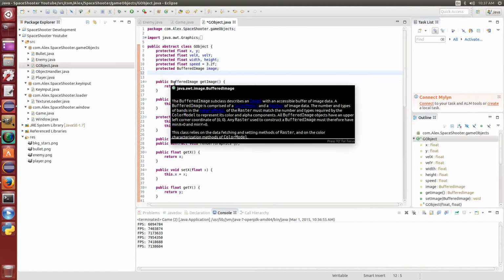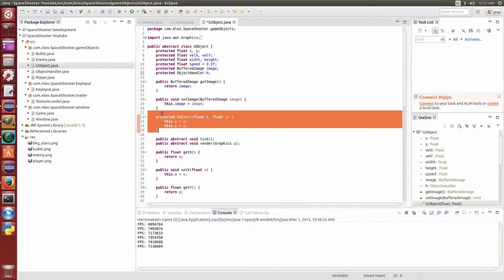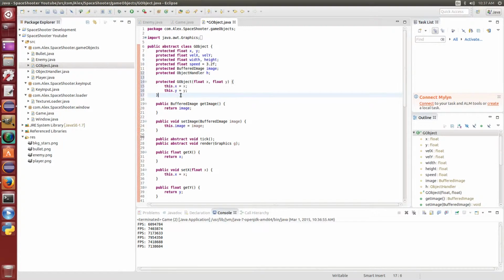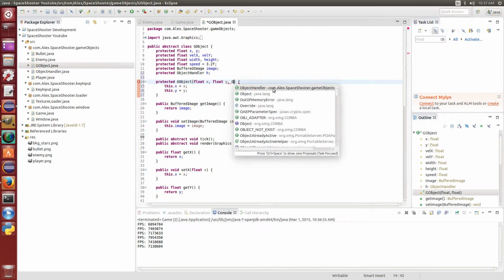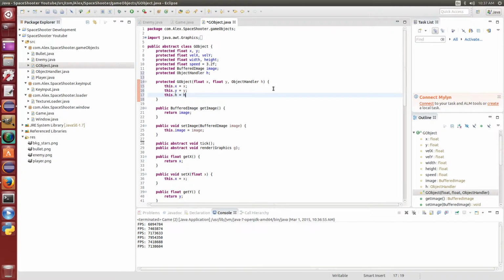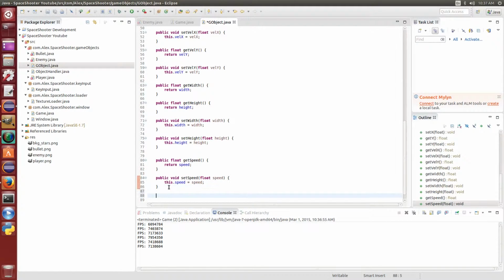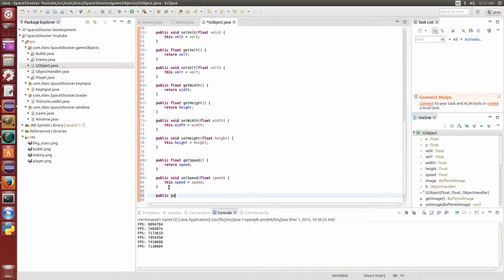We also need a new protected object handler H, because H for handler. And move this up. And in the constructor we need to add an object handler parameter, and the normal, this.h equals h. We also need a public getBounds method that returns a